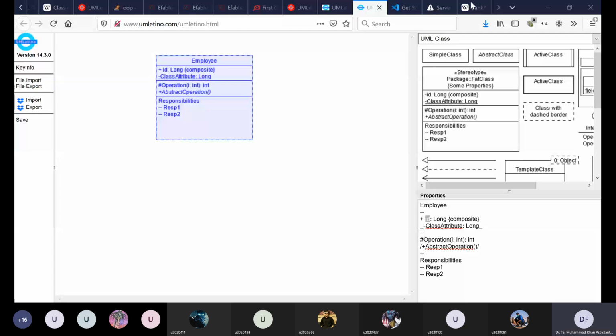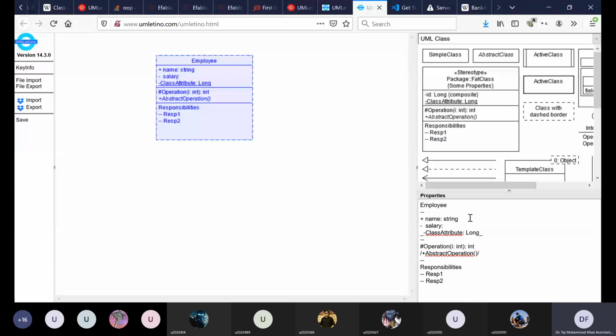So I can give a name, let's say employee had a name, colon, and then I give its type. So I have a public member variable called name, and I can have a private member variable salary.